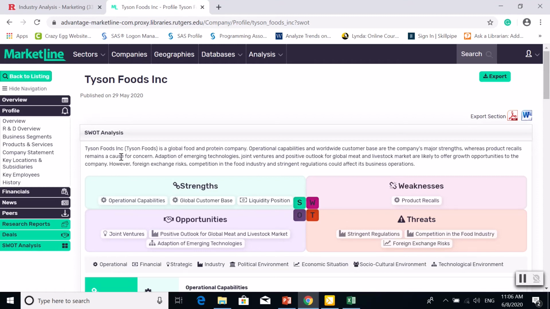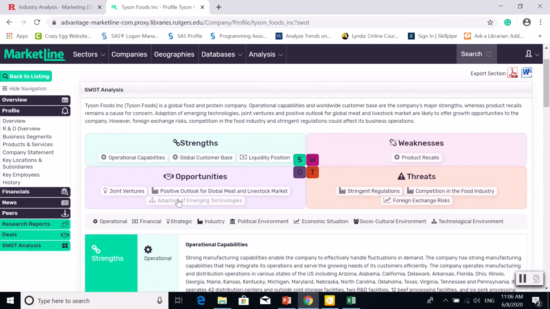These were collected, analyzed, and interpreted by the analysts from MarketLine. So you can see some of the strengths are operational capabilities, weaknesses, product recalls, some of their opportunities, adaptations to emerging technologies, and some of the threats or competition in the